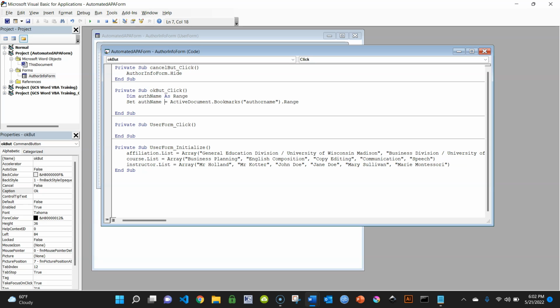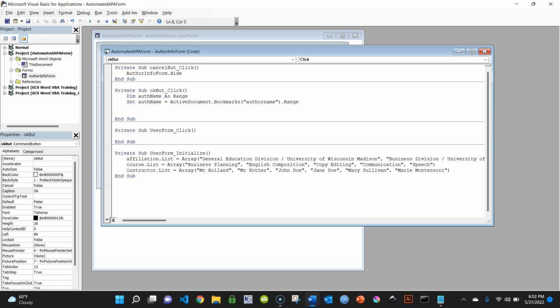So auth, lowercase, the N in name is capitalized, range. And then the author name dot text equals